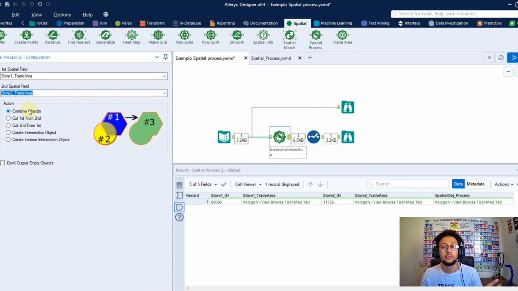The first one I will show you is the combine objects. Like you can see here on this right side, Alteryx tries to help you understand what each option here will produce at the end. You have object 1 and the other is 2, and the third one here will be the record that will be produced, so the object you're gonna have after the run. Okay, so we have 1 and 2, and we produce this third one with the combined area of both. Right, so if you run and see in the browser,